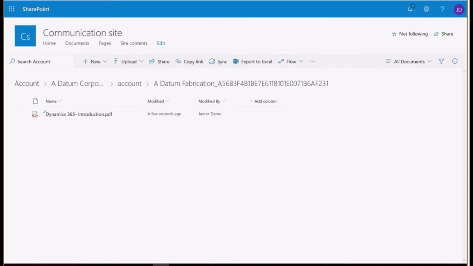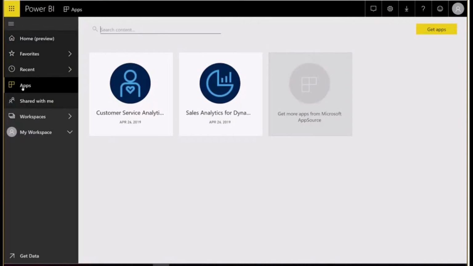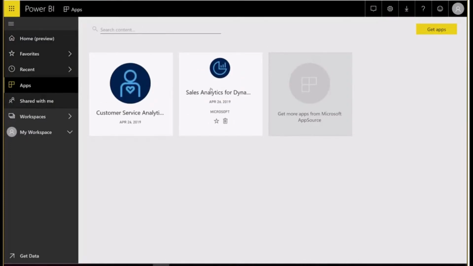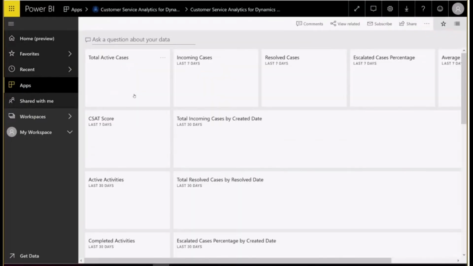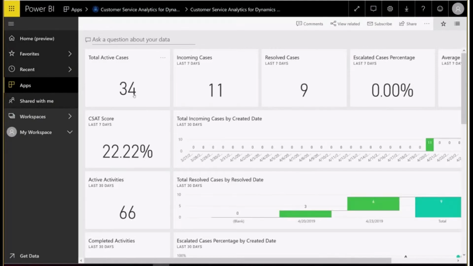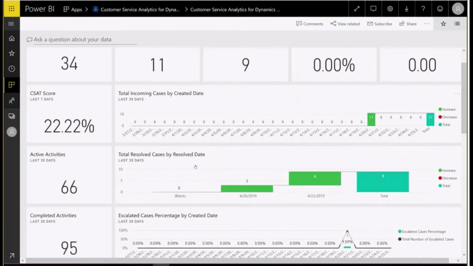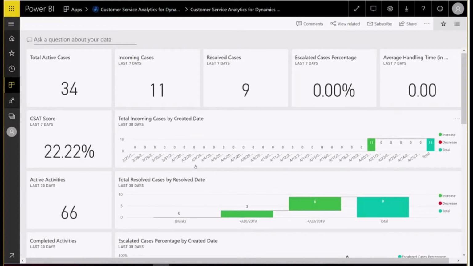So another area where Dynamics has been working with data for a little while now is in Power BI. And as you can see here, we have two reports in Power BI, one that's around customer service and one that's for sales. I'm going to click on the customer service analytics. And you'll see this is pulling data from our Dynamics instance and gives us the ability to see that information in a range of charts and dashboards, and these are all interconnected. So for example, if I go click on these active cases,